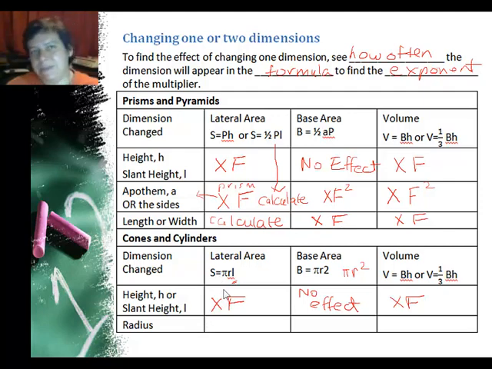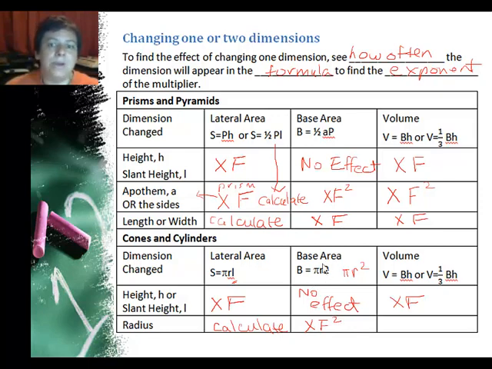And it can affect the slant height if the height is still the same. So this is one of those that I would say go ahead and calculate it and figure out exactly what it is. All right. Radius is pretty easy to predict on the base area because